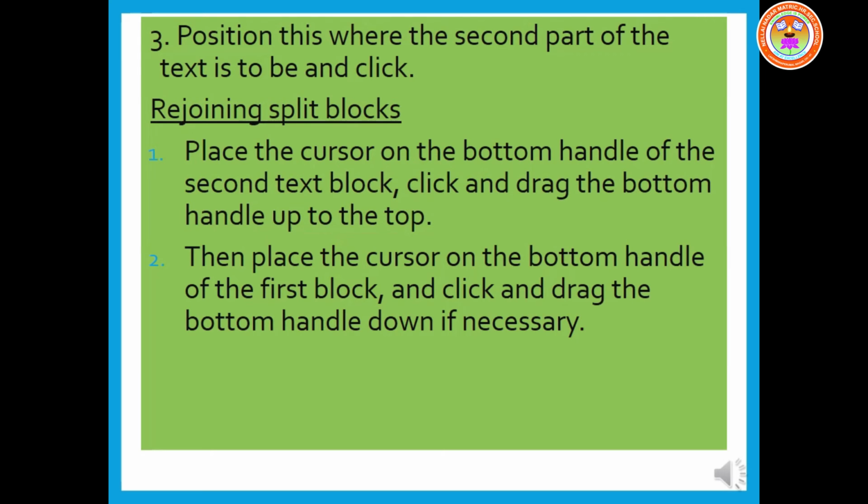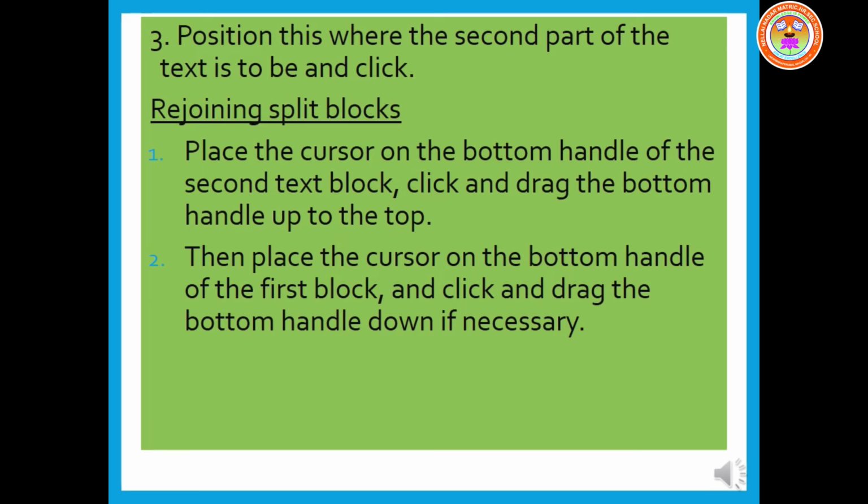Now, to rejoin the split block, place the cursor on the bottom handle of the second text block. This is not tough. If I show it practically, then you will easily be able to understand. Imagine that two blocks are available, one at the top and another at the bottom.